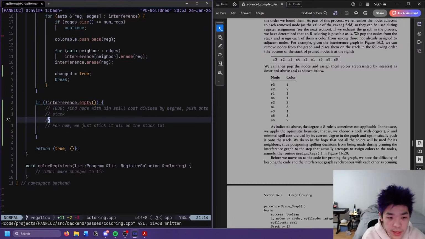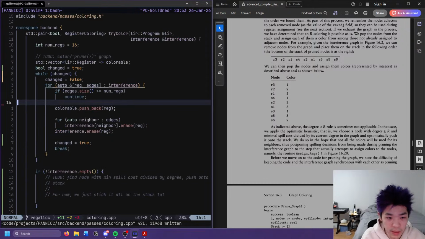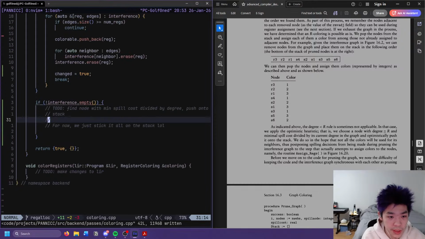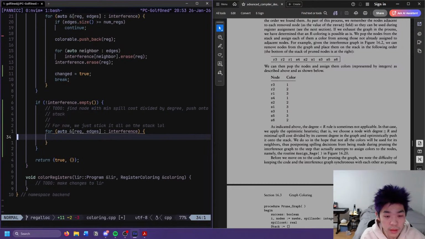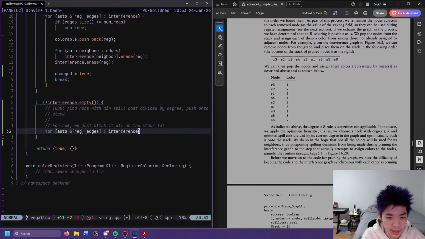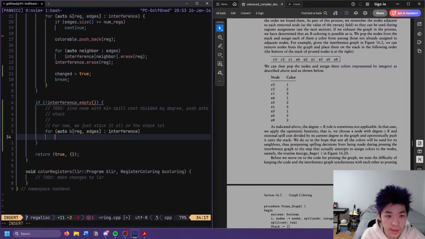Okay. So I guess here we can just push back maybe. We can just yoink that. We could just push back, I think, right? So we can do colorable, push back.